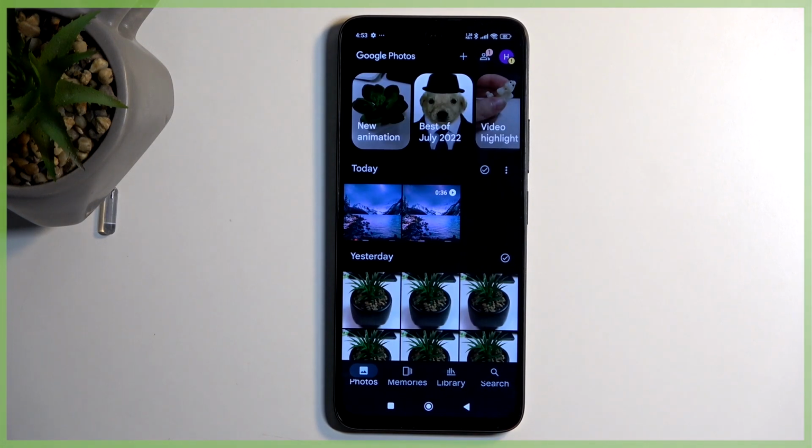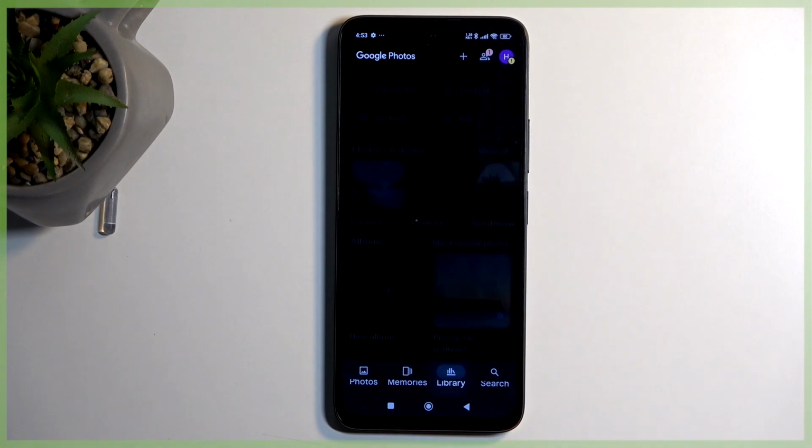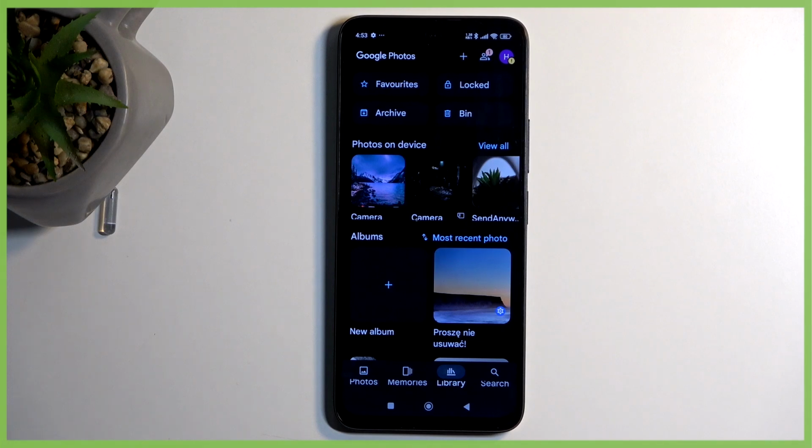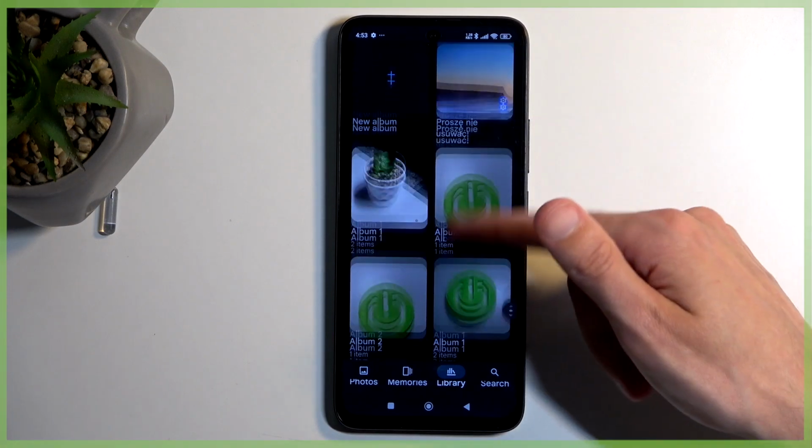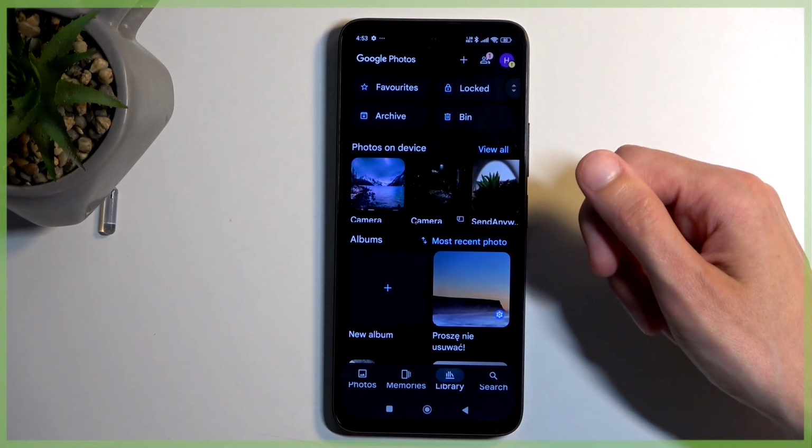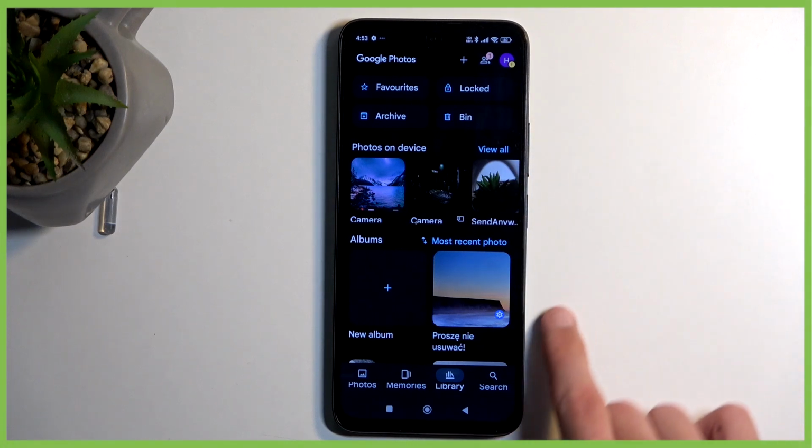But later on down the line, it might be easier to find it by going into the library, and in here, hopefully we have a... Nope, never mind, we don't have a screenshot album. So it looks like